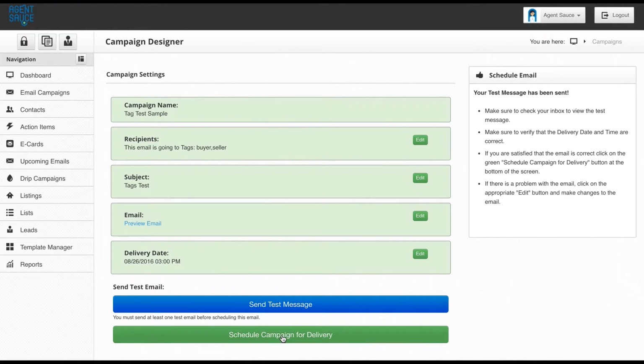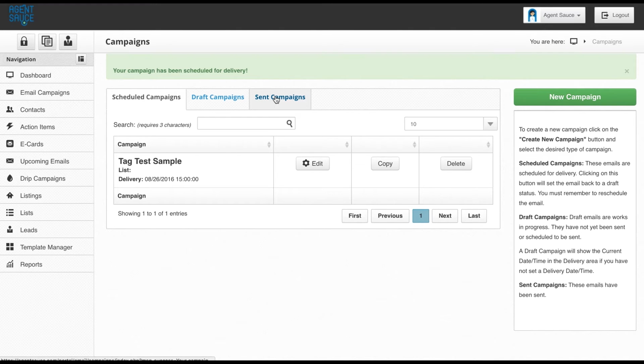And then I look at the test message and schedule a campaign for delivery if I'm happy with it. So now the campaign has been scheduled for delivery. And what's going to happen is it's going to go to those tags. So that's one thing you can do with the